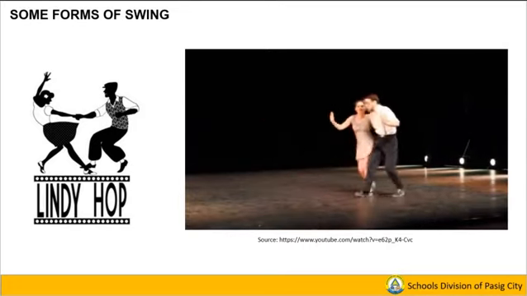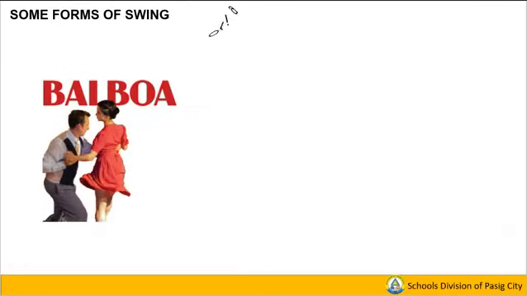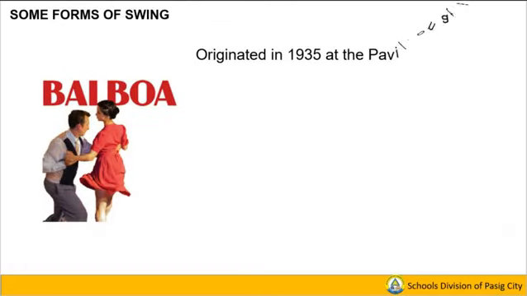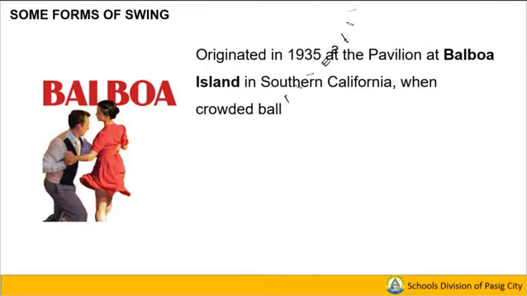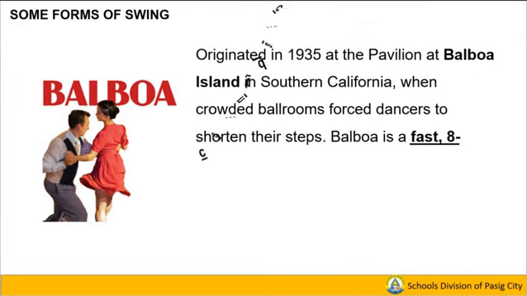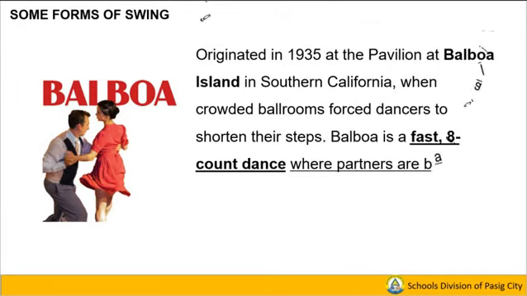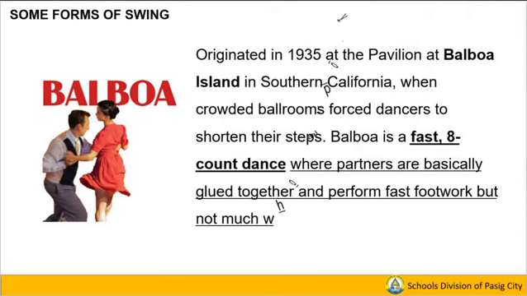Next is Balboa. Originated in 1935 at the Pavilion at Balboa Island in Southern California, when crowded ballrooms forced dancers to shorten their steps. Balboa is a fast, 8-count dance where partners are basically glued together and perform fast footwork but not much